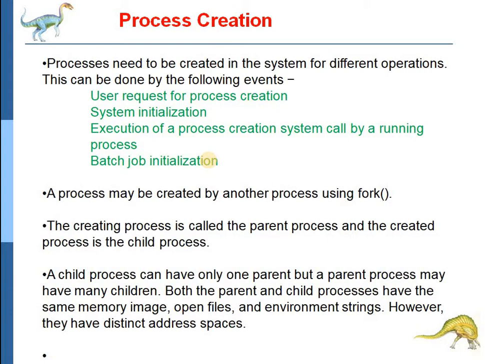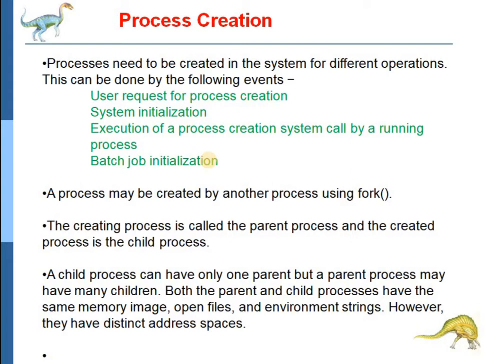The original or main process is called the parent process, and the new processes are called children of that process. Each of these processes may create other processes, which forms a tree of processes. The original process is the parent which creates new sub-processes, called child processes. Again, those child processes create other processes. Like this, it forms a tree of processes.